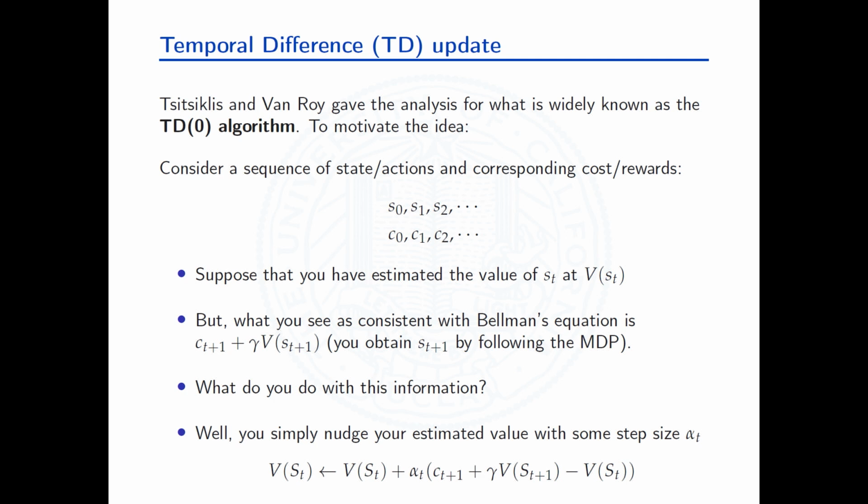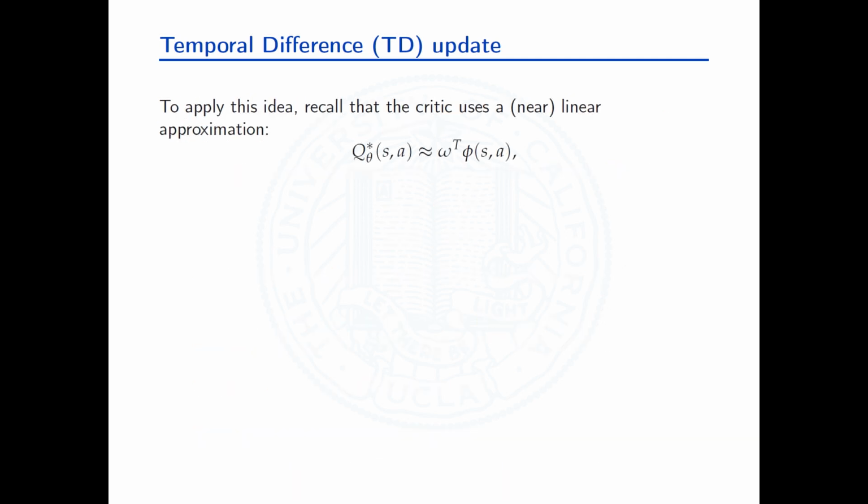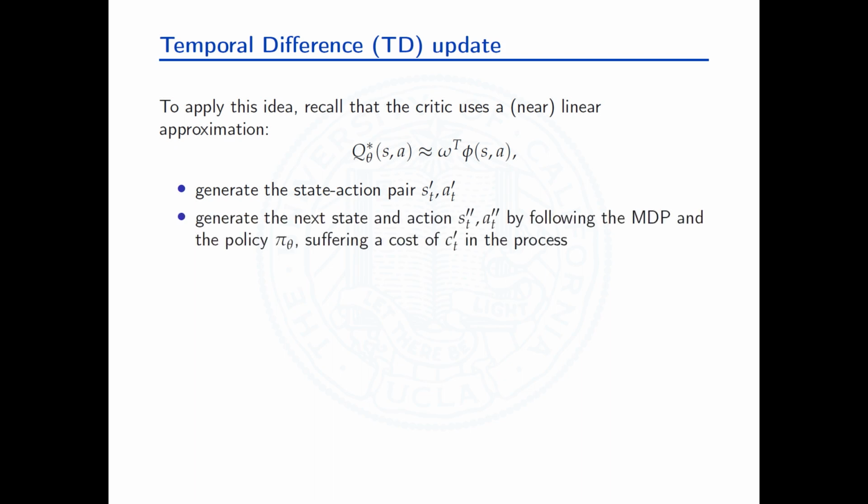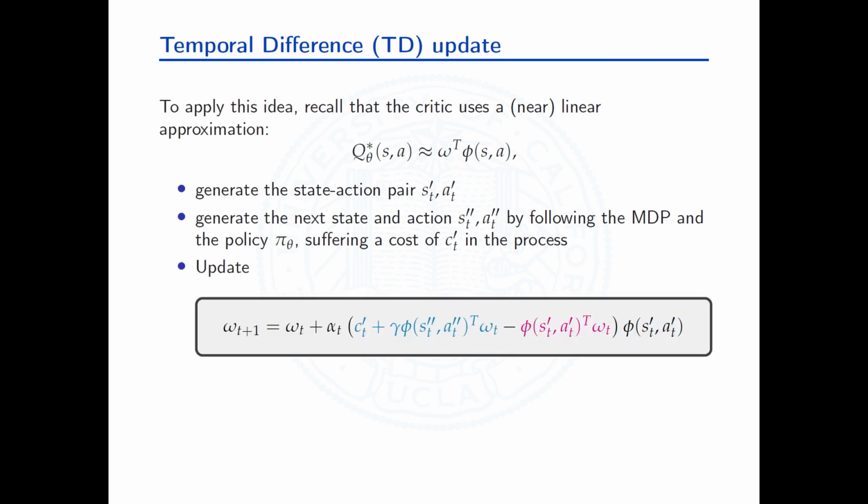So this TD dynamics simply comes from Bellman principle, okay? Now, great. So let's go back to this idea. Rather than applying it on the value function, let's apply it on the Q function. As I mentioned, it's the same principle, right? You generate some state action pair. This has to be according to a stationary, but let's not go there for now. And then you follow the MDP, okay? And what you do is you're going to exactly compute those two values that I mentioned, and I've written it up here, and use that to update those coefficients,